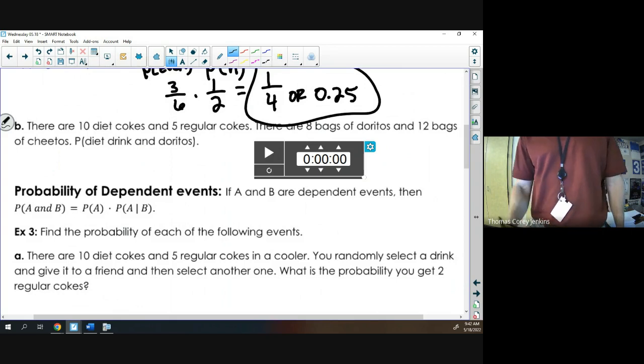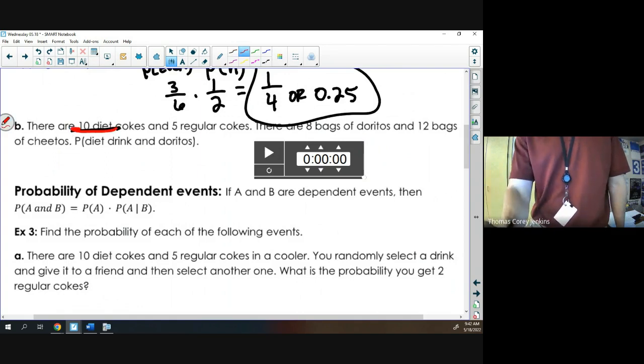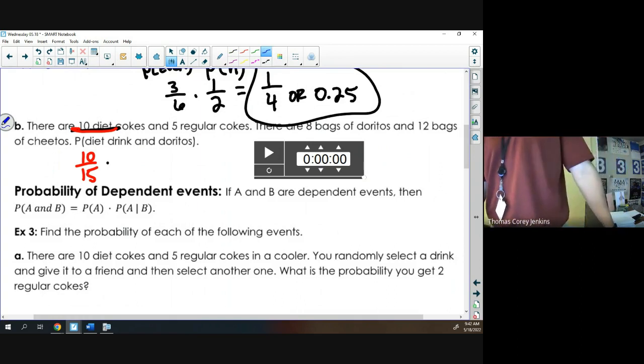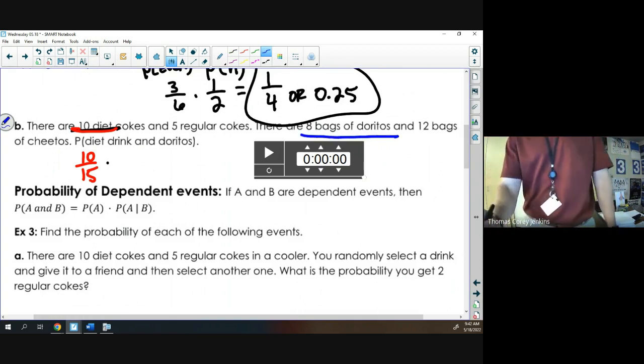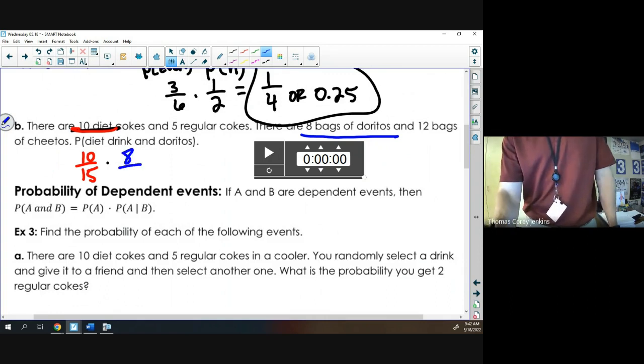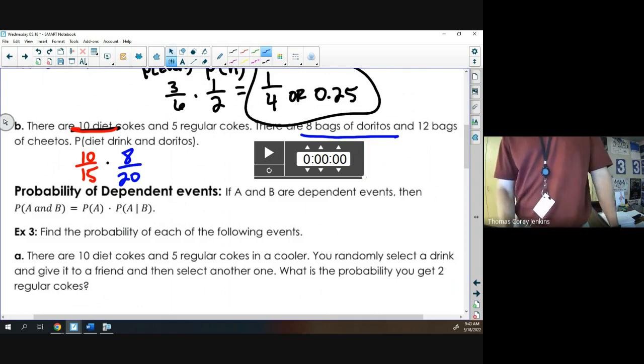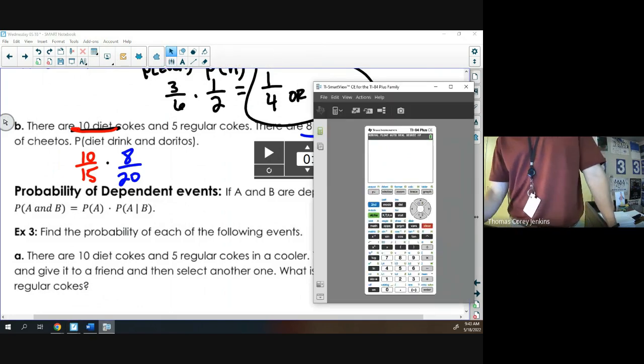All right, so probability of Diet Coke would be 10 out of 15, or 2/3 if you want to reduce the fraction. And then we want to multiply that by the probability that we select a bag of Doritos. So if we have 8 bags of Doritos, there were 20 possible bags of chips. So multiplying those two fractions together gives us,